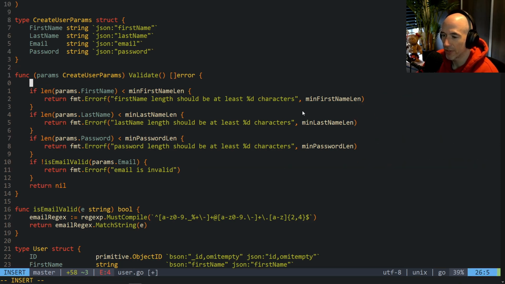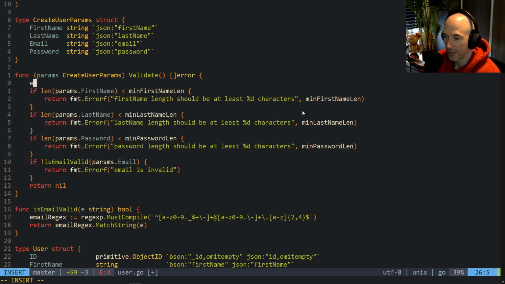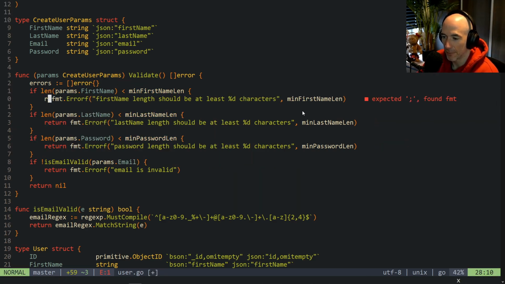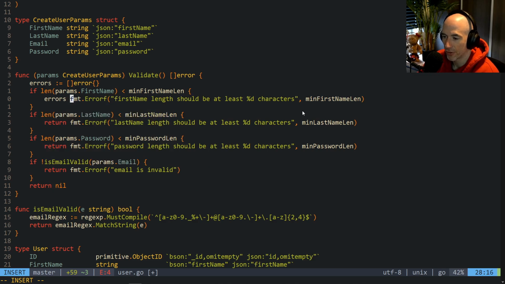return a slice of errors, and you could say var errors, slice of errors. Actually, we're going to do it like that. Errors is going to be a slice of errors. Initialize it like this. And then we could do something like errors equals append errors